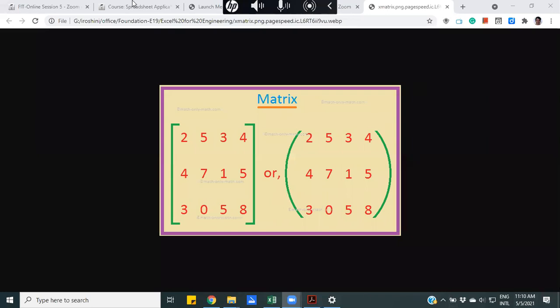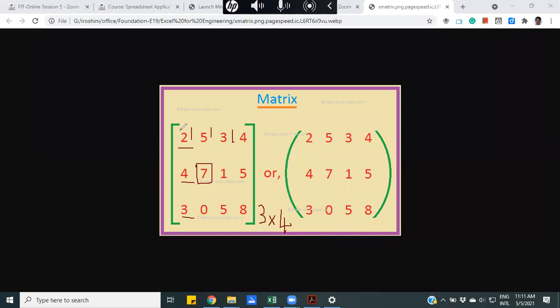And how do we write it? 3, the multiplication sign, 4 matrix, right? You can write the matrix with square brackets or just using normal brackets. And so this has 3 rows and 4 columns. Right. So this is one of the elements in the matrix. It's in the second row and second column, right?